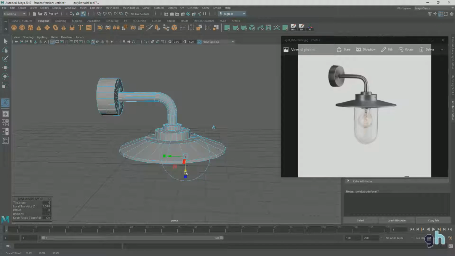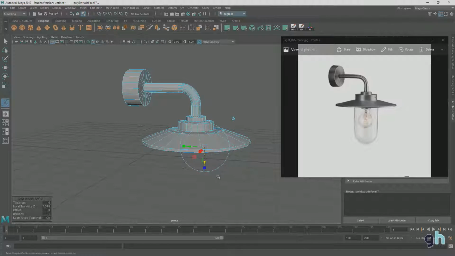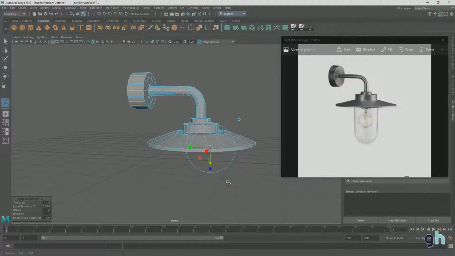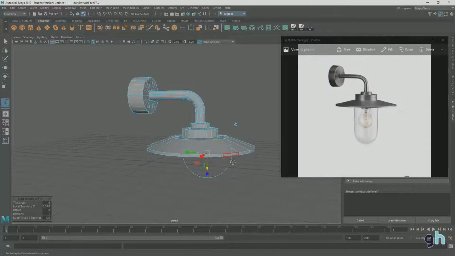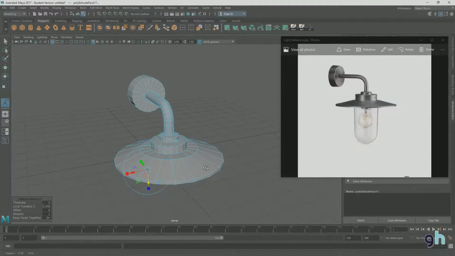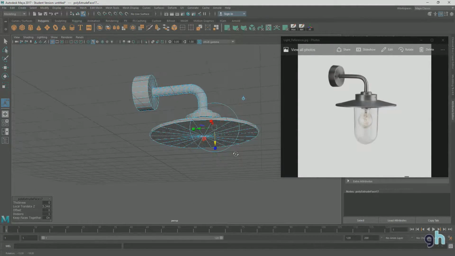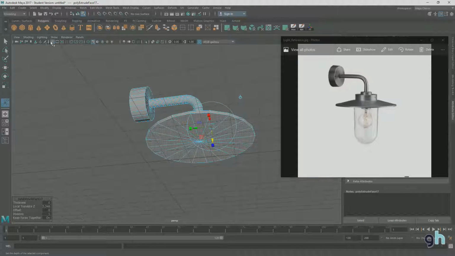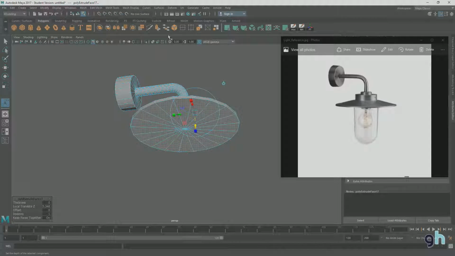Again, if you guys are following along, you can do this your own way. I mean, at the end of the day, it's probably going to look the same. It's a very basic light, so that's why I'm being quick. Let's turn the grid off for a sec. Alright, let's extrude this in